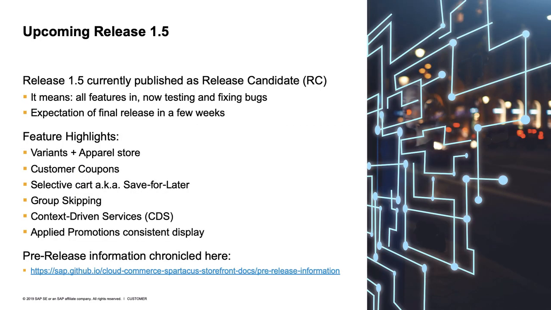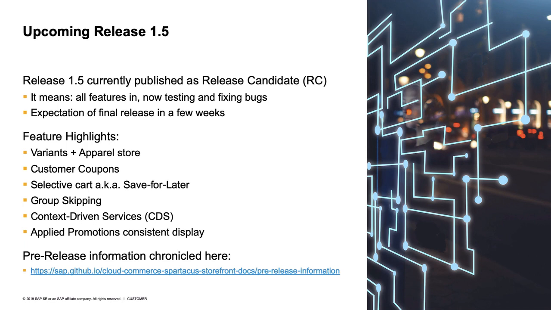So what's happening for the 1.5 release? And why do we call it a release candidate? Well, a release candidate is when we declare a release to be feature complete, and we're just doing tests and bug fixes. Since we just published the release candidate, we expect that in 1 or 2 weeks we'll publish the final 1.5.0. In the meantime, though, you can safely try it out and use the features.